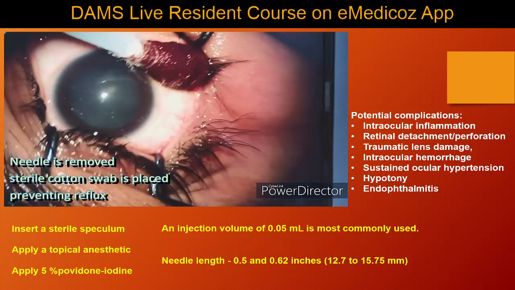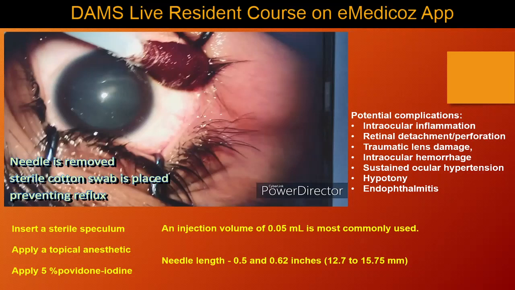That's why after the procedure you should take at least the vision of the patient, not by the Snellen's chart but just a finger counting or perception of light, because sometimes the pressure is very high, the patient can go into central retinal artery occlusion. So just be aware that everything is okay. It takes a while for the pressure to come down. That's why you give anti-glaucoma medications after this.